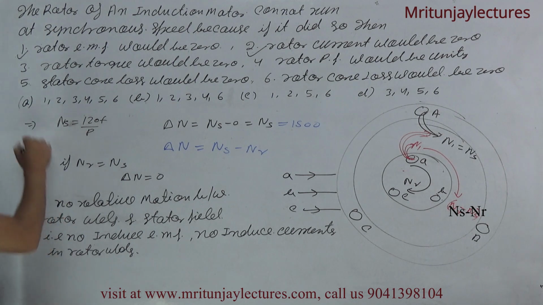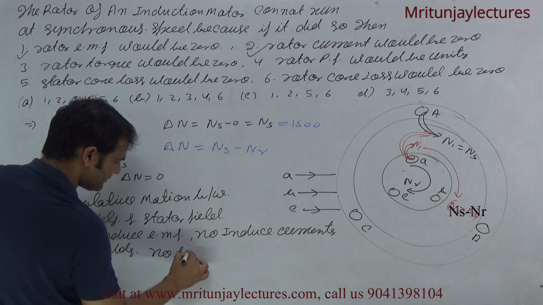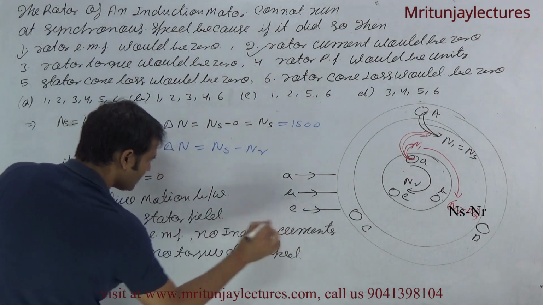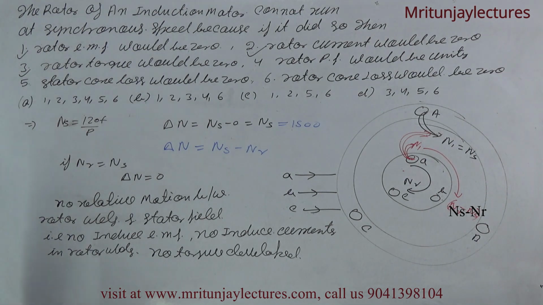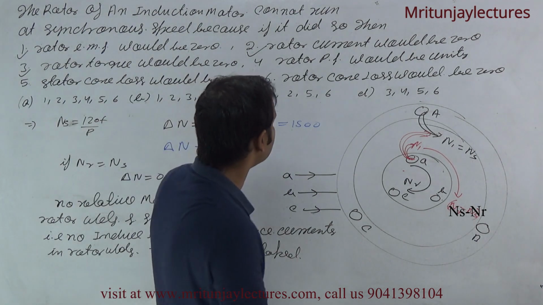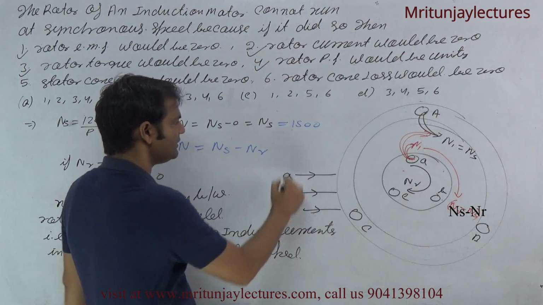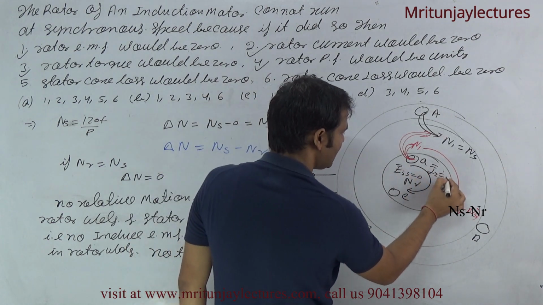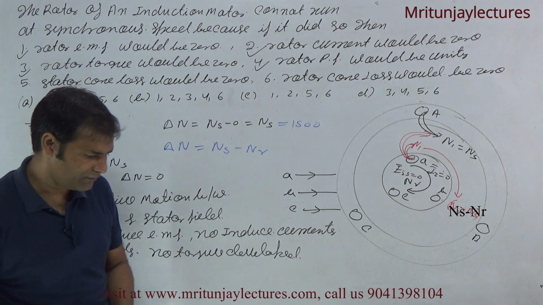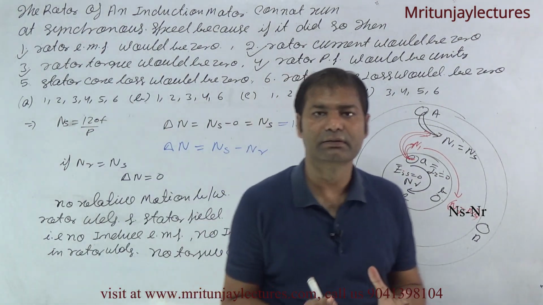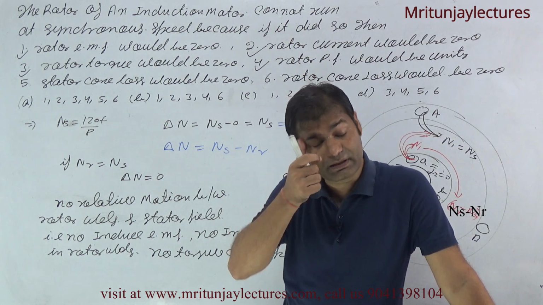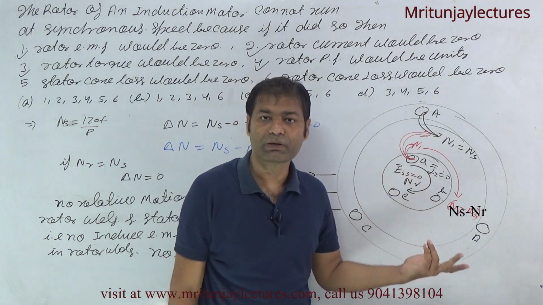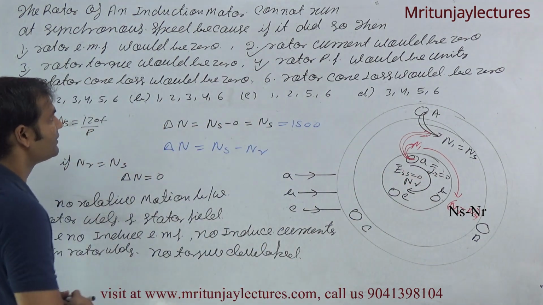What about torque? No torque is developed, that's C, the third is also correct. And the fourth one, rotor power factor. I know that if E2S is 0 and I2 is also 0, then power factor depends upon voltage and current, the phase angle between voltage and current in the rotor. So if both are 0, then what about power factor? It would be unity. Okay, that's why.